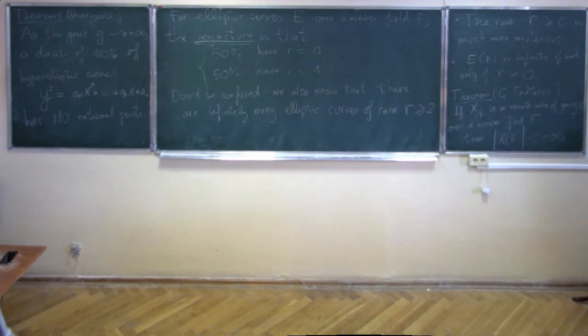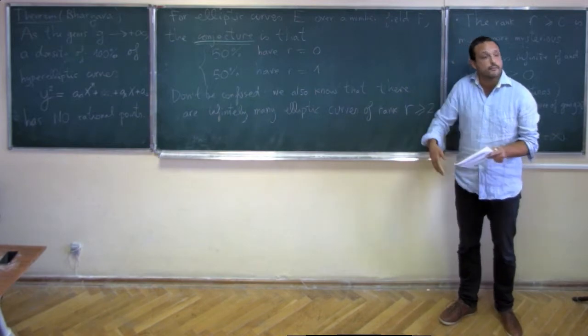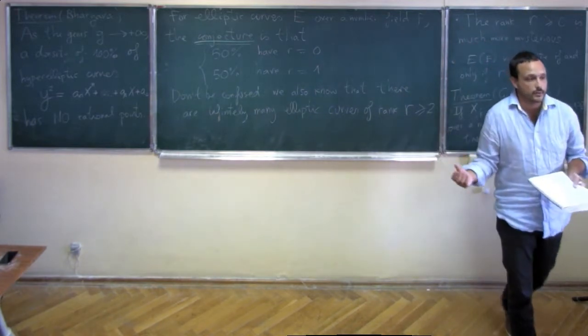So when I say that we expect 50% to have rank 0, and 50% to have rank 1, first of all, we don't know whether this is true or not. This is a conjecture. But believing this conjecture, this leaves room for infinitely many other elliptic curves of density 0,